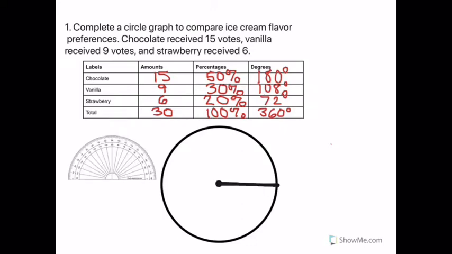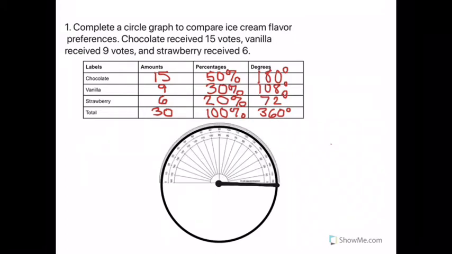Okay, so you need the starting radius here, from the center point to a side point of your circle, to a point on your circle. And then you can see I grabbed my protractor here. So we're going to take our protractor and line it up with that starting radius. Okay, so now I look for